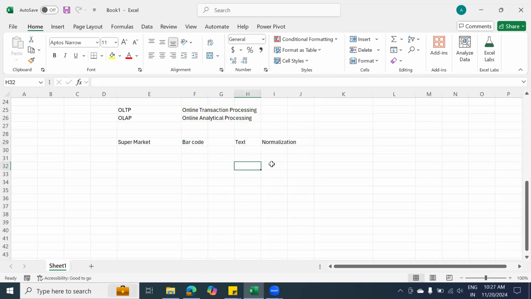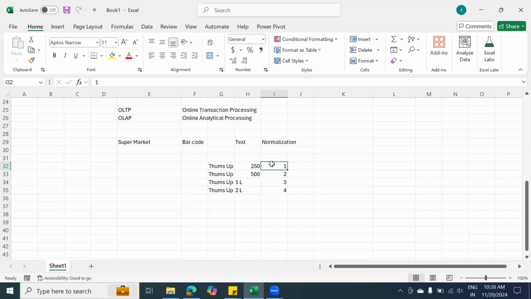Now, let's say I have thumbs up 250 ml. Then let me keep it something like this. I have 500 ml. Then I have 1 liter. For example, let's say I have 2 liter. Now to this, what I'm doing, I assign an ID called 1. Then to this, I assign an ID called 2. Then to this, I assign an ID called 3 and 4. Now, if I search with thumbs up, does it take more time? Or if I search with 1, 2, 3, 4, does it take more?